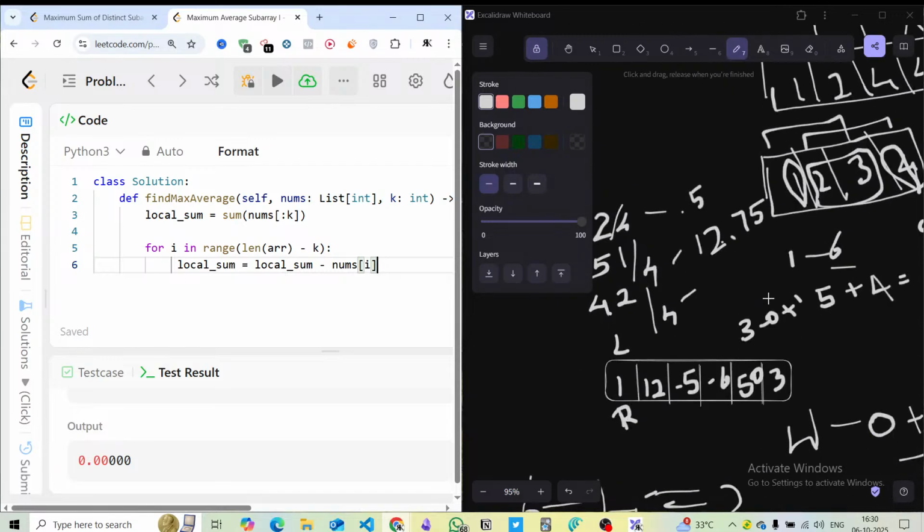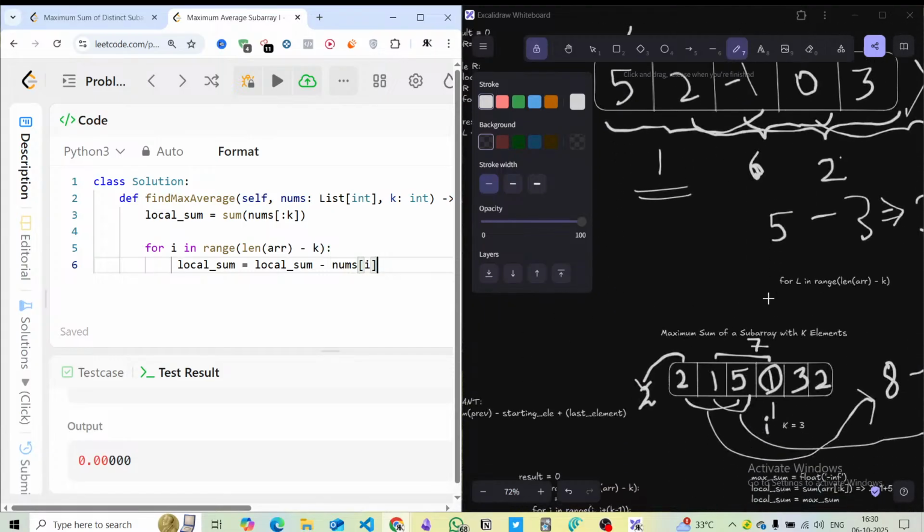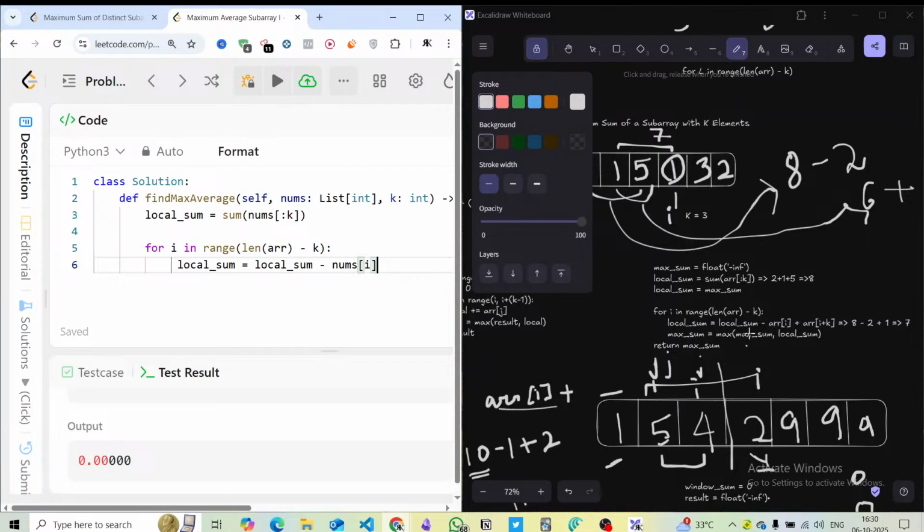So that's the thing that we are doing. Where is it? Here. After that we just find the